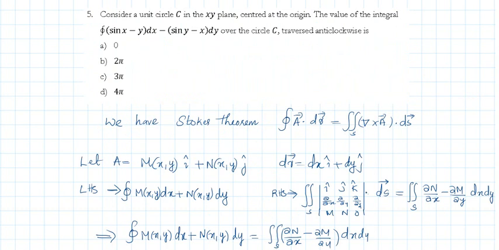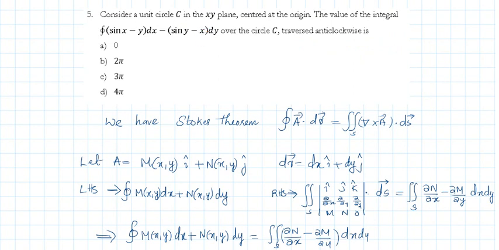Now we will look into this question. Consider a unit circle C in the xy plane centered at the origin. The value of the closed integral of sin x minus y dx minus sin y minus x dy over the circle C traversed anti-clockwise. So this is actually a line integral,